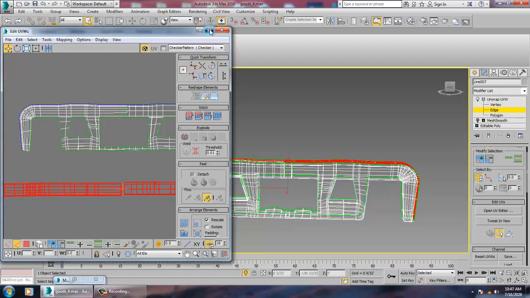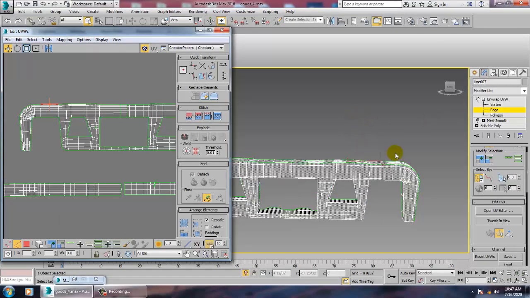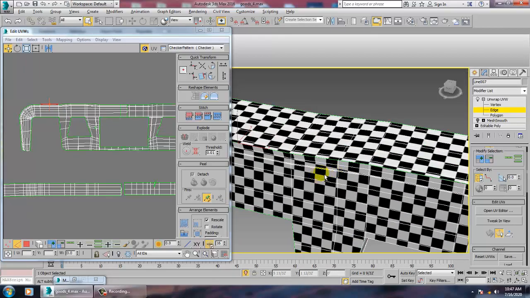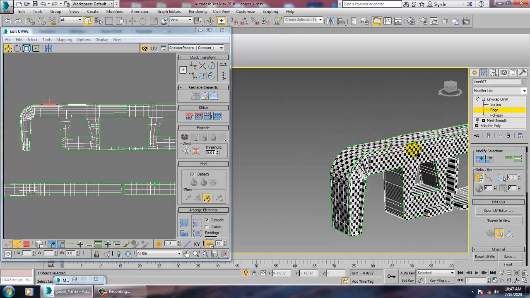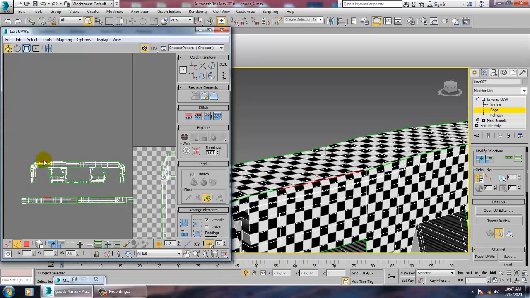If you select the edges over here, definitely you can see the checkers are matching properly. See this, if you select this seam edge, you can see the other is getting selected. That means it is a part of that. So we have unwrapped this part.